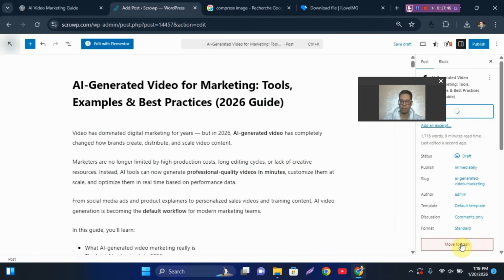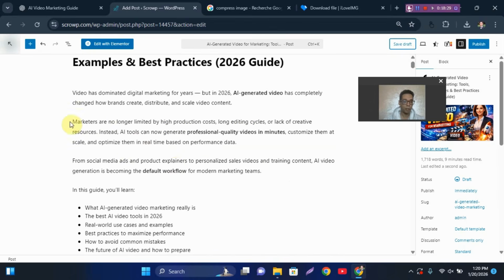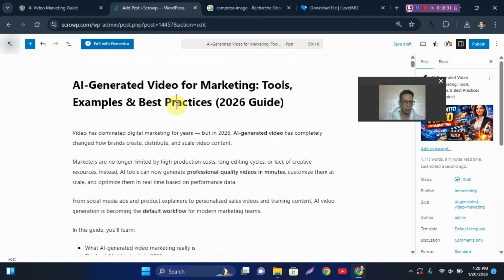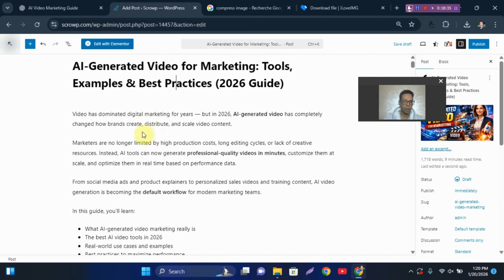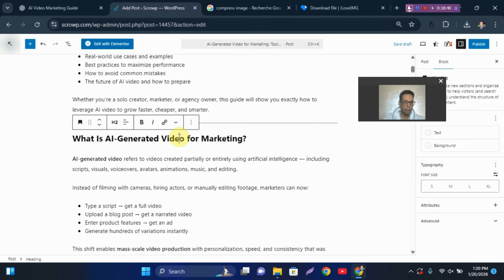I'm gonna set the featured image, and the featured image is set there. I'm gonna click on Save Draft. Now I'm gonna structure my article. Okay, so the first thing, you're gonna need to have a paragraph. This is the H1, the article title. By default, it's H1. You're gonna need to write a small paragraph here. After that, you're gonna need to have an H2 tag here. This is how you're gonna structure